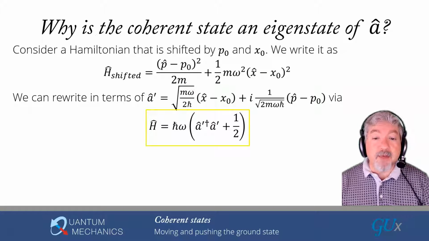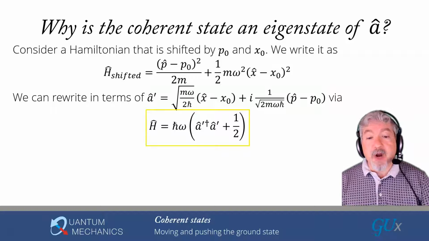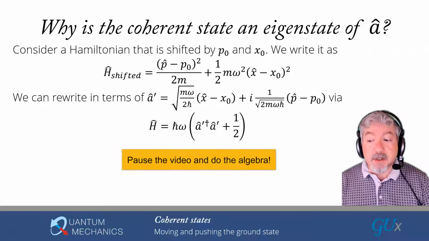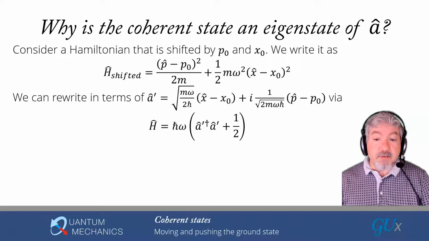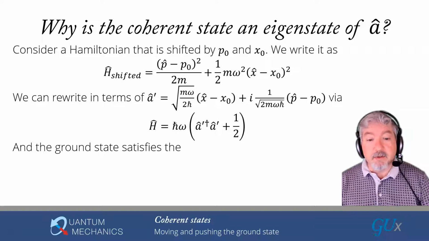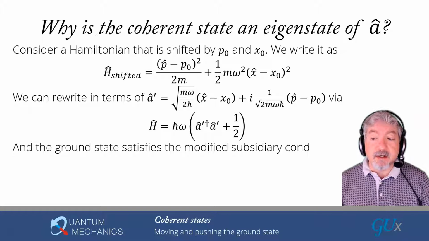And you get it in the form of h bar omega, a hat prime dagger a hat prime plus a half. I really recommend you pause the video, write down the 3 lines of algebra that it takes to put it into this form, and verify that you really get it in this form. Okay, now our factorization method tells us that the ground state is determined by a subsidiary condition,